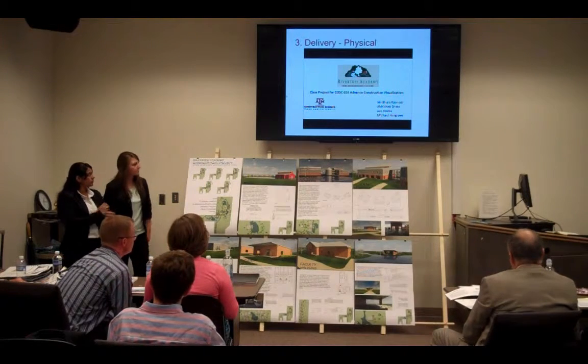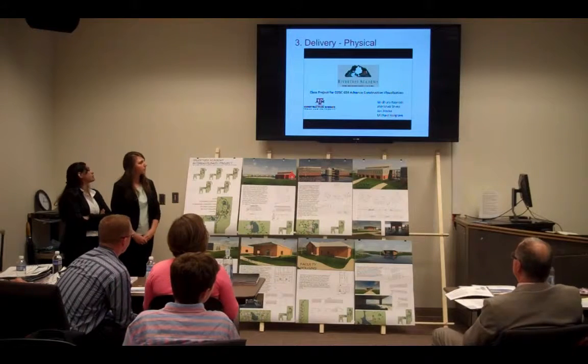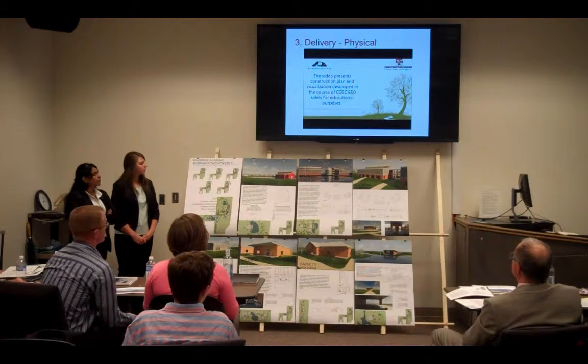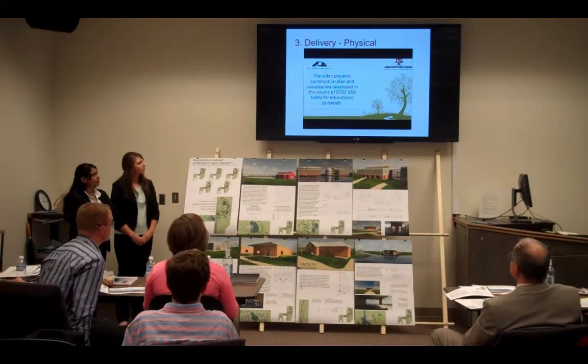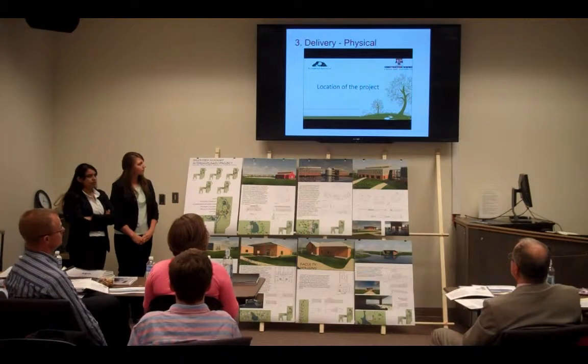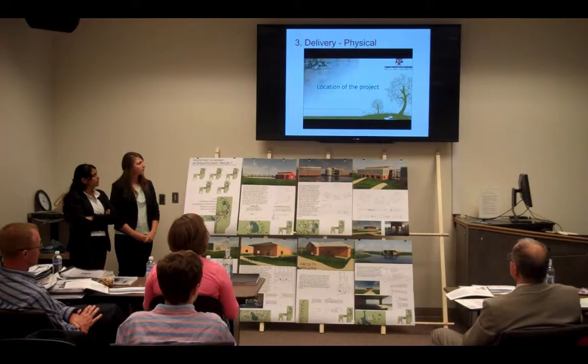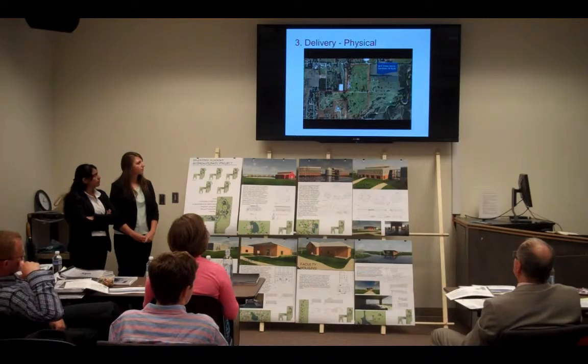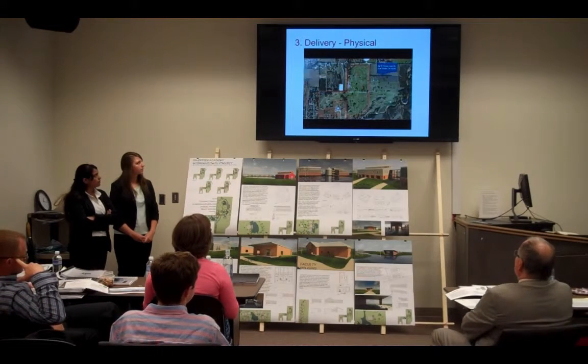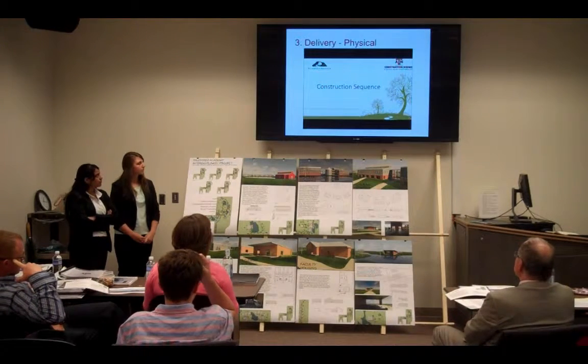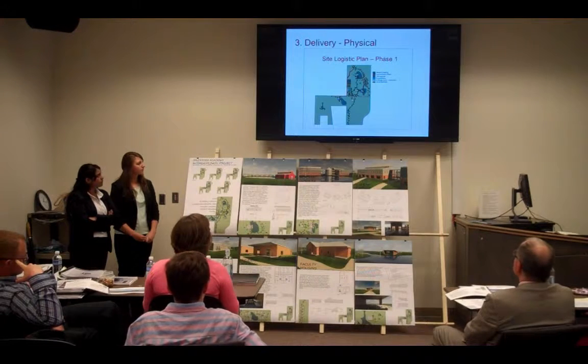Abhishek Shetty and Sindhura Raineri, the students of the Department of Construction Science, Texas A&M University, have developed this video to show the construction plan and sequence of activities of the project, RIVERTREE Academy. It is a private Christian school located in southeast Fort Worth, Texas. Construction sequence consists of 5 phases.